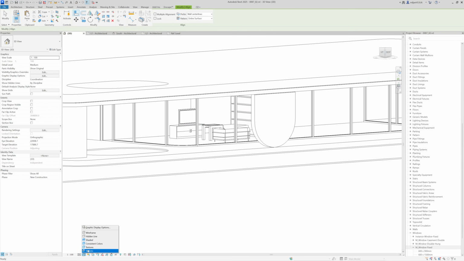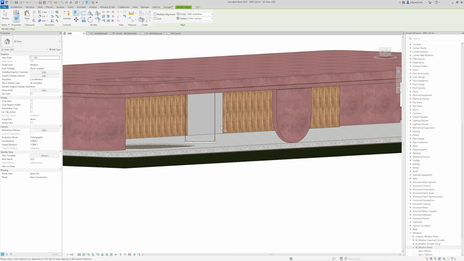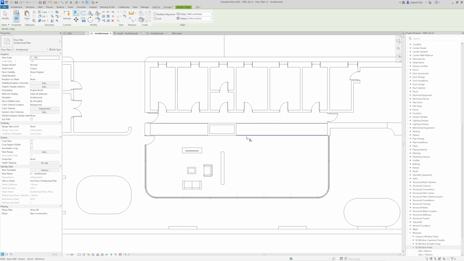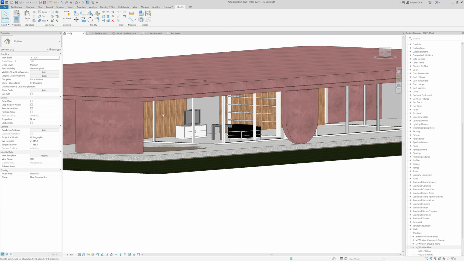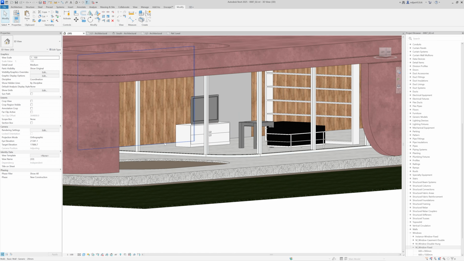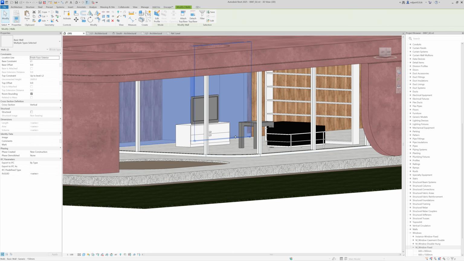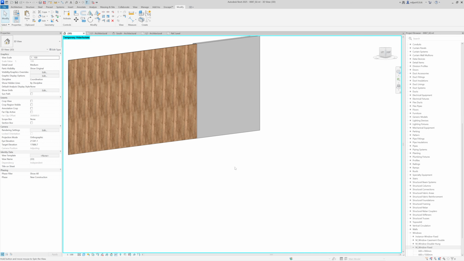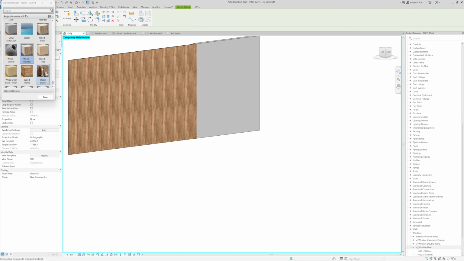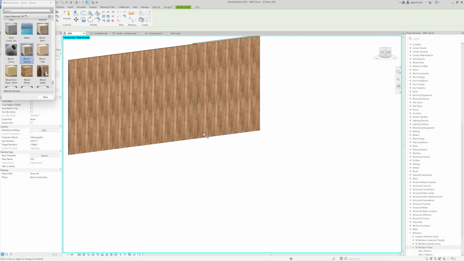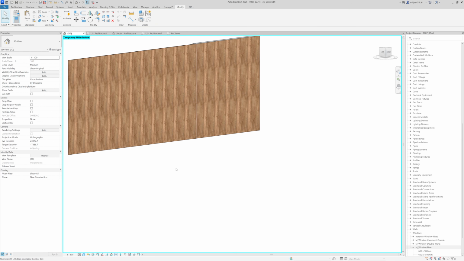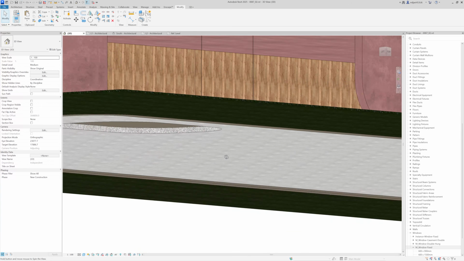And let me just turn on textures. And we have a problem here. And by the way, let's say that we have a different wall type and you would like to solve situations like this one. You can just go isolate this and you can take a paint tool. So I can just paint this one. We set the view and